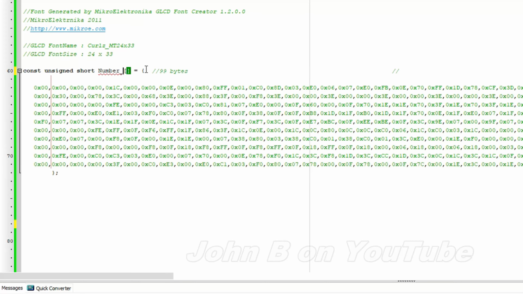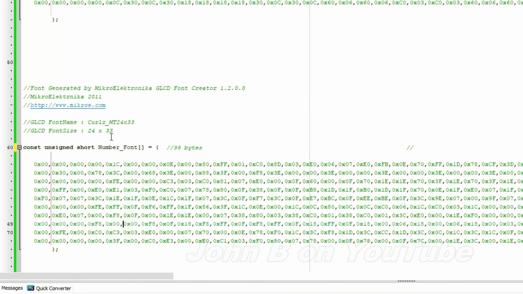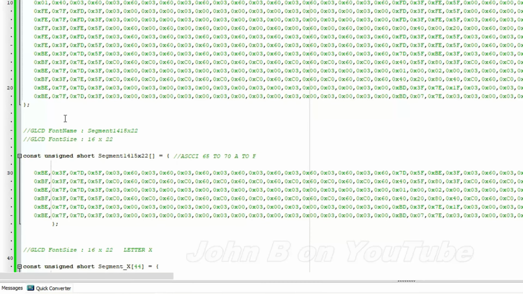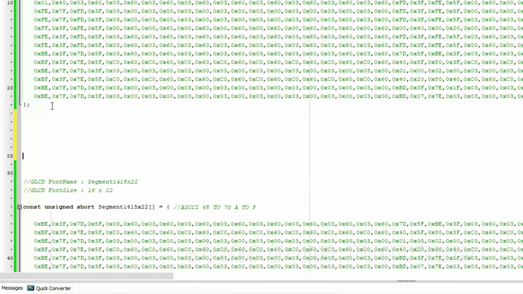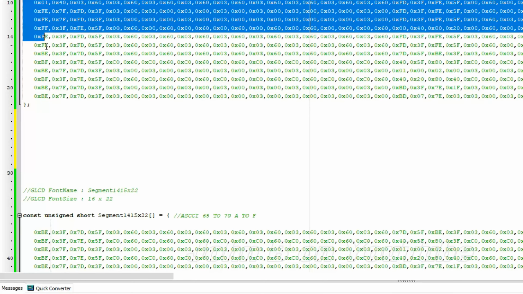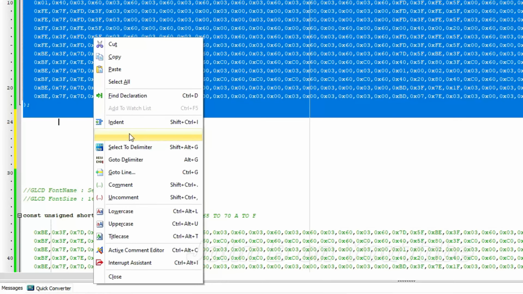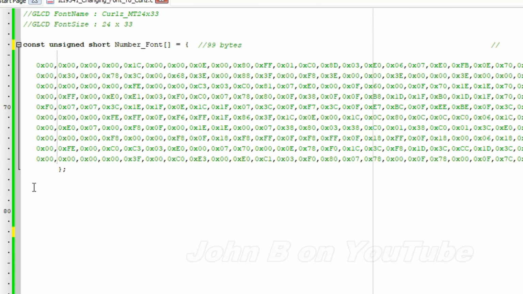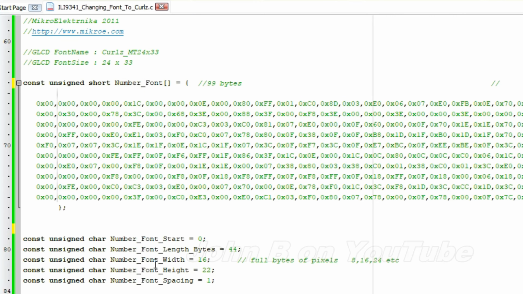Number underscore font. And you can't have 2 things in the same C file with the same name. So if I just create some space here, in Micro C you can select everything, right click, comment it out. So my new number font is now that curls, which is twice the size, so expect it to take twice as long to write. If I delete these spaces underneath,